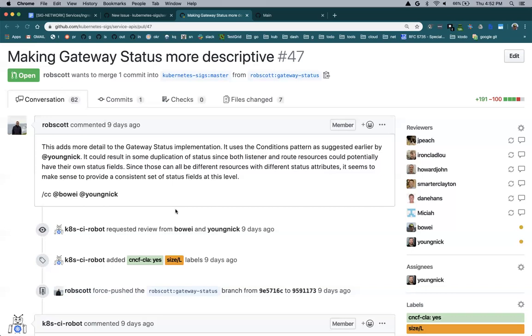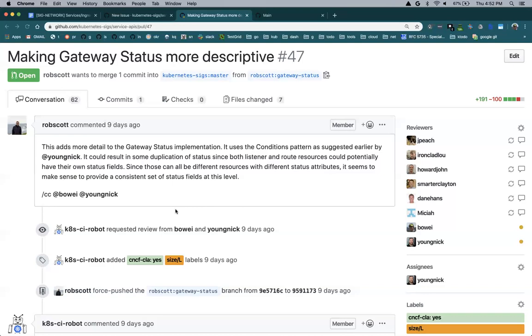My suggestion for a subsequent PR might be to include the object ref for a route which has an issue, so that a controller can say, here's a condition and it's a condition with this route, and at least some tooling or someone can know which one to look at, even if you can't understand the conditions to see what the problem was.